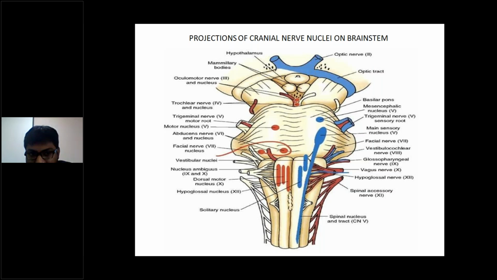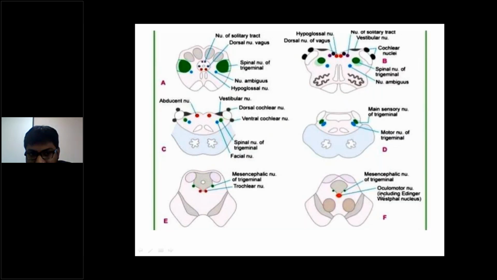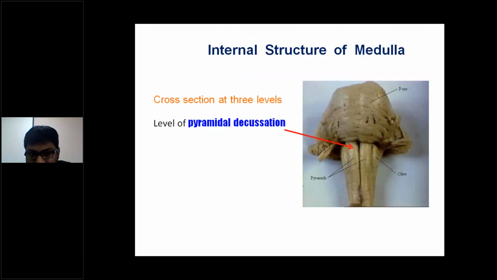So at least remember the spinal. Why I'm focusing? Please remember spinal nucleus and tracts. See, everyone is leaving. Roll number 143 left now. Spinal nucleus and tract. This is the solitary nucleus, right? Nucleus tractus solitarius. And this is the dorsal motor nucleus of cranial nerve 10, vagus. This is nucleus ambiguus formed by 9 and 10. Okay. This we already learned. This is pyramid and the olivary nucleus.